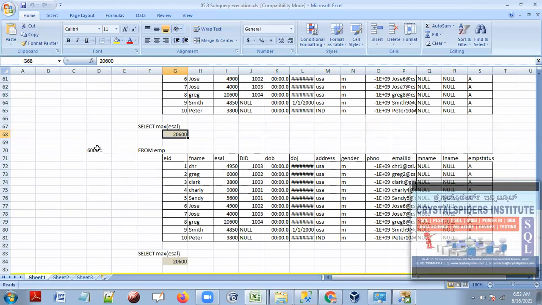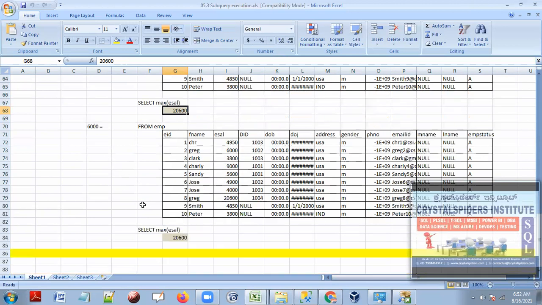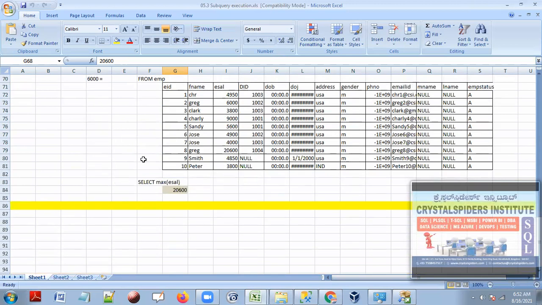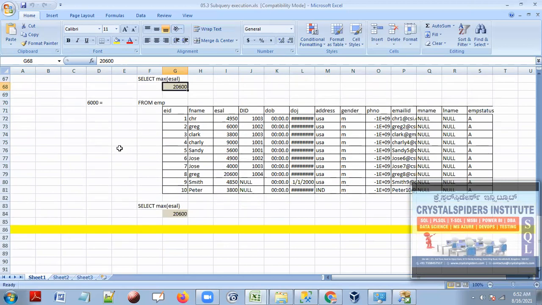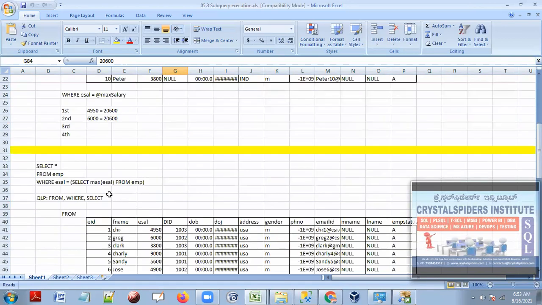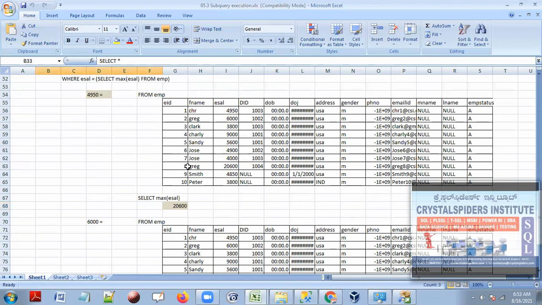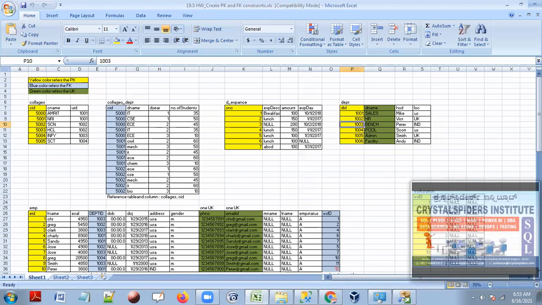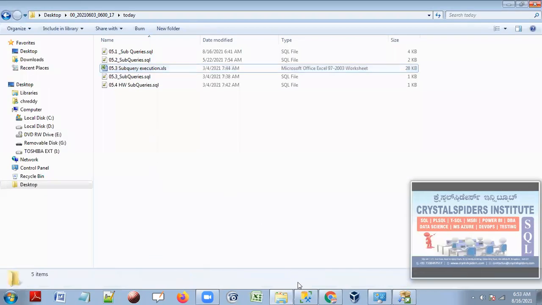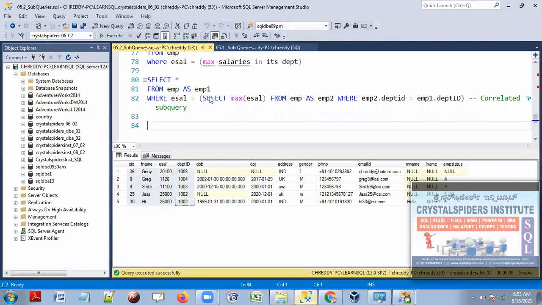In a similar way, for the second record it is going to do the same thing, and on the third record, fourth record, fifth record, it is going to do the same thing. Whichever records pass these conditions, take those records. This is the way it is executing, guys. I will talk more about this way of evaluation later. Later sheets are there, guys, and we'll discuss in detail. And next we have the other one.